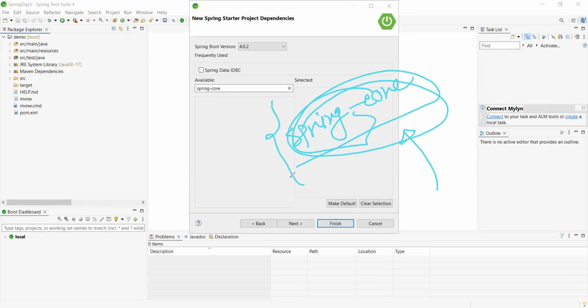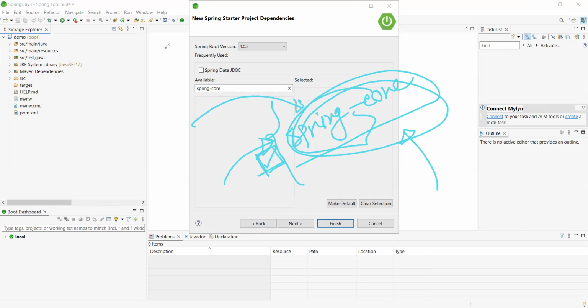You cannot create a project without Spring Core. So consider you want to work with Spring MVC or Spring Web or Spring Data JPA, you mandatorily have to select Spring Core also. Like core Java, for every program, every application, every project, Spring Core is mandatory, right?